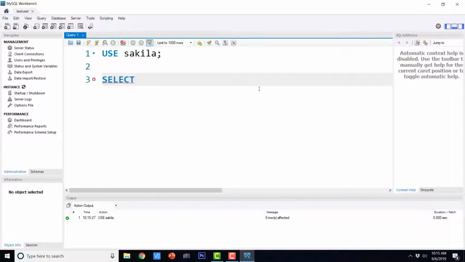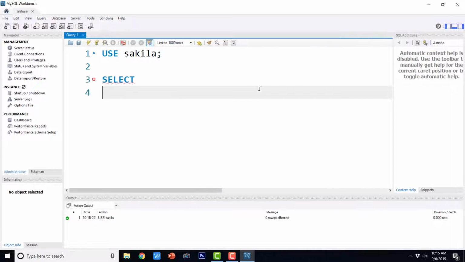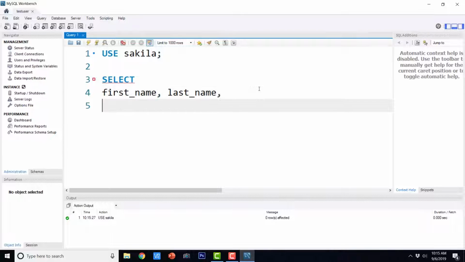Select first name, comma, last name, comma. Now we are going to write our inner query.